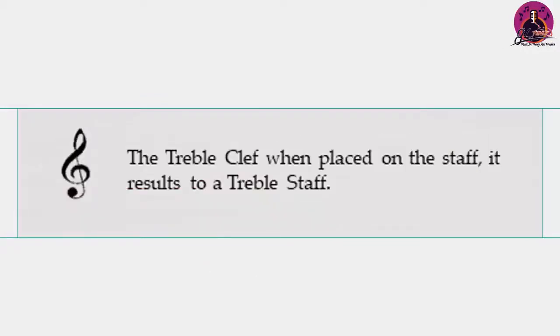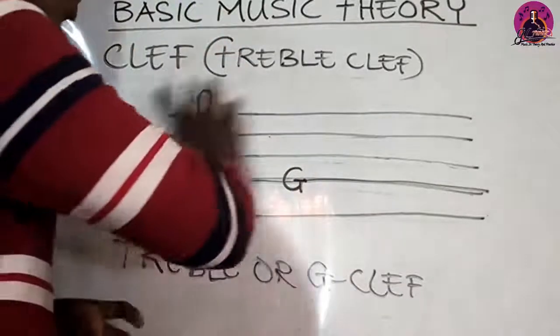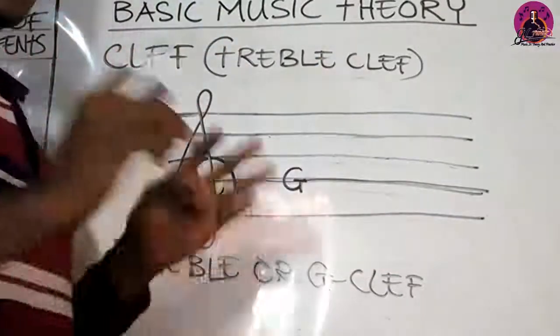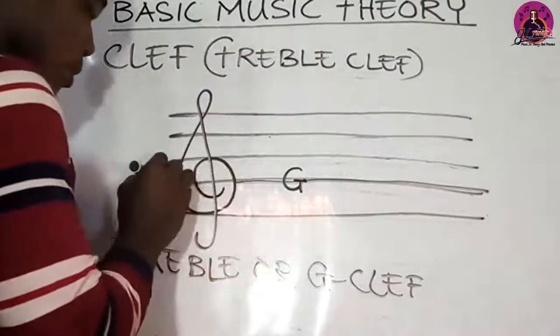it gives that second line the name G. So note that when the treble clef is placed on a staff, the whole arrangement becomes a treble staff. You don't just isolate the clef and call it treble clef. It is the treble clef that was placed on the staff. So this whole arrangement is called the treble staff. So for the treble staff, the second line